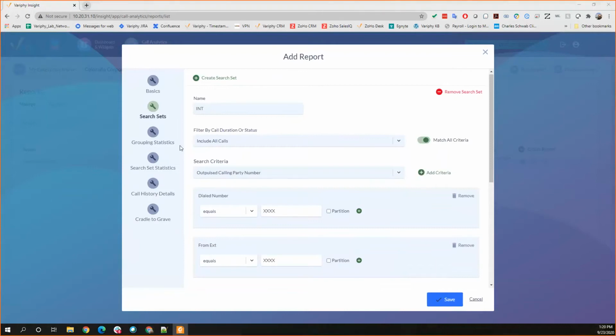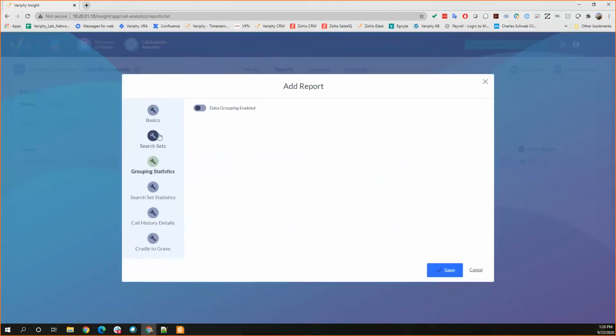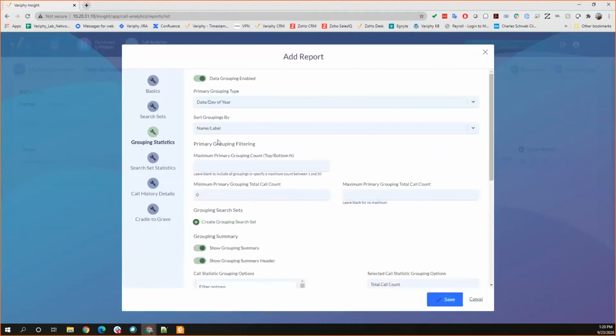Okay. And the other types here, the grouping statistics. So based off of the calls I have queried out of the database, what am I sorting the information by? In this case, it's an internal calls report. So I just want to see the number of internal calls that were actually initiated by each extension. Okay. So I'm going to enable grouping. And in my primary grouping type,